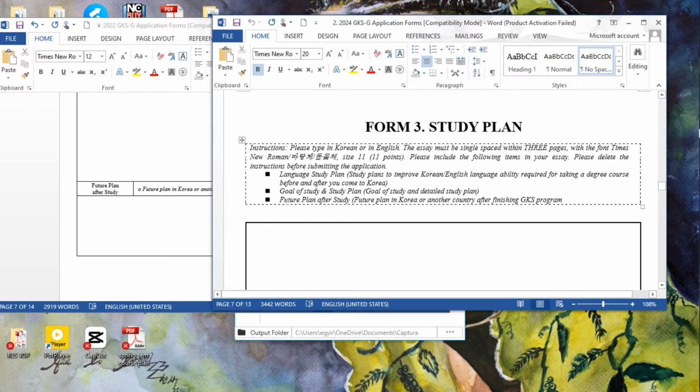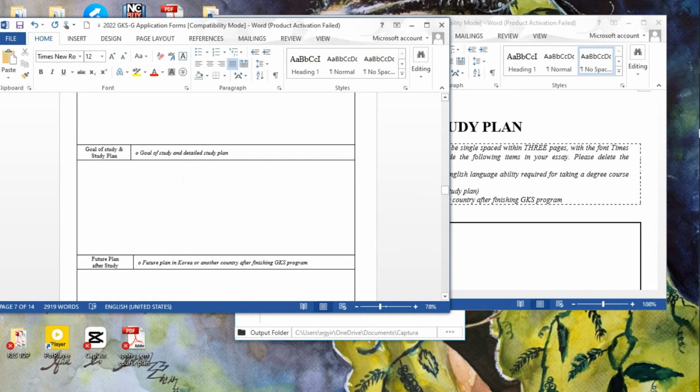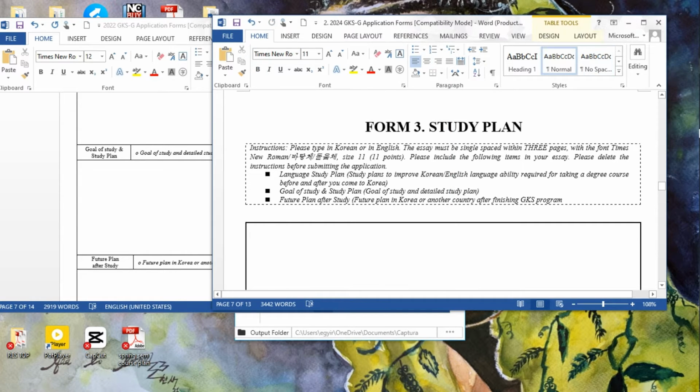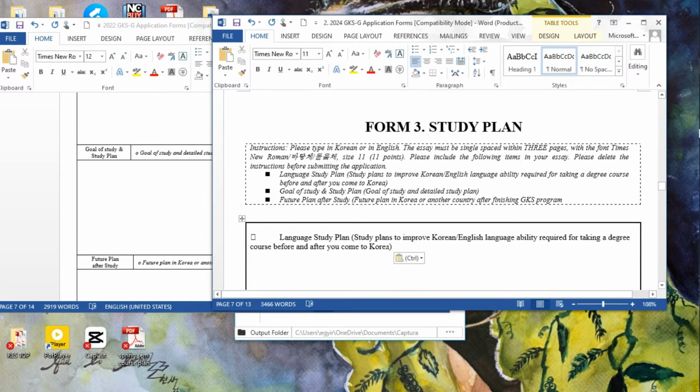Because ours was separated, you could just write beneath every topic, but here you can just copy this heading and paste it over here, and maybe make it bold.